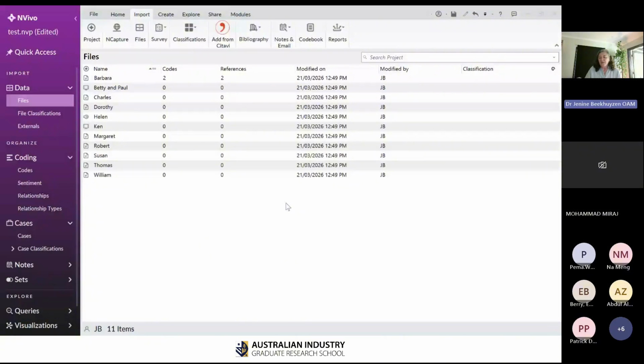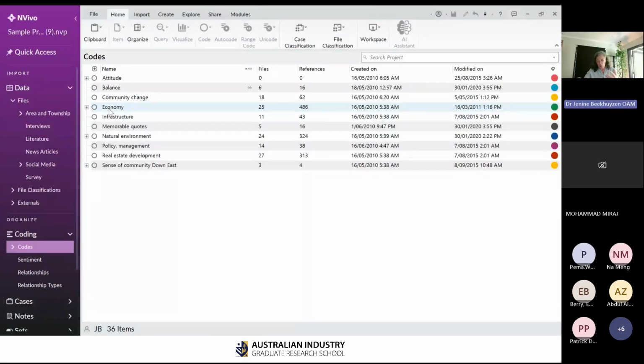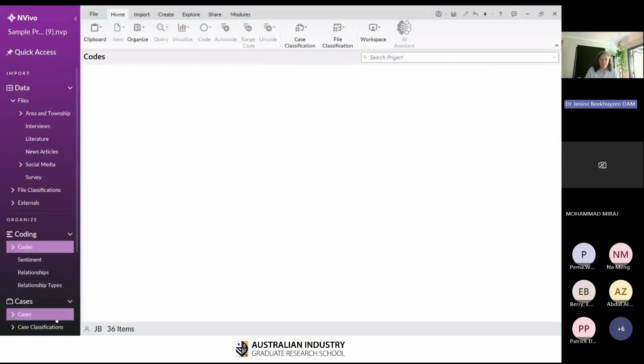And if you're a little confused at the moment, it's okay. Firstly, it's Saturday and it's this time, and we're about to go to a break very soon. But also, cases are kind of the hardest thing to get your head around in NVivo. It takes a bit of a step back, and often we only do it once. So if I pop down here to my cases that I have in my sample project,